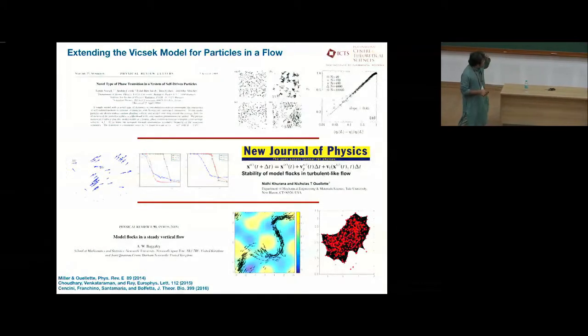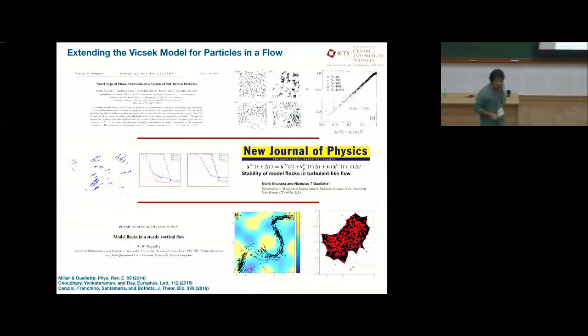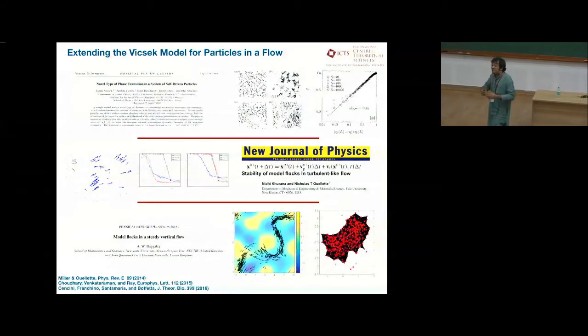So one of the two studies that I particularly liked was the one by Nick and his student Nidhi, where they looked at small particles in a synthetic flow. So they weren't doing turbulence. I'll come to that in a bit. That's a little harder. They were choosing synthetic flows which were composed of, let's say, some variation of the Ornstein-Uhlenbeck process. So it's something like a smooth stochastic flow.